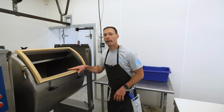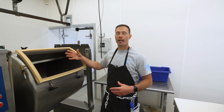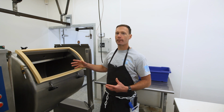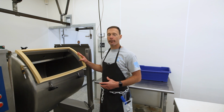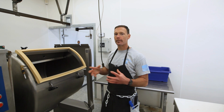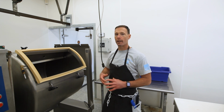Okay, now we have all of our ingredients inside the tumbler. Now it's time to let the magic happen. So inside this tumbler is a couple baffles, and what those are going to do is gently mix and massage the meat as this thing rotates at a very nice slow speed. It's going to be in here for roughly 15 to 20 minutes. At that time, all the liquid and all the seasoning is going to be sucked into the meat, and then we're gonna go ahead and add our garnishments to that, and then it'll be ready to pull out, package, and